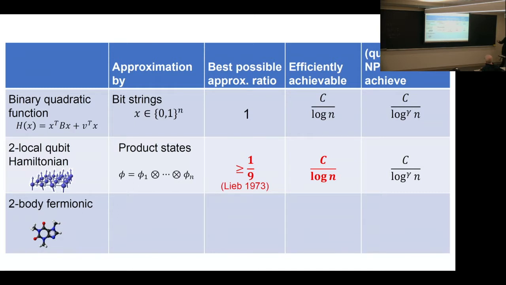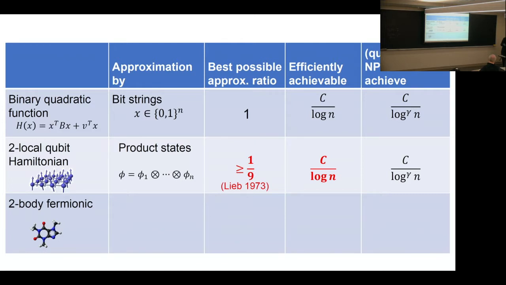Yeah. What's the best upper bound? Upper bound to this quantity? Are there Hamiltonians where the product state will never achieve more than some fraction? I'm guessing you don't know Hamiltonians where a product state won't achieve more than 1/9 of the energy. We know examples where it gets 1/2, where it gets 1/3. I think 1/3 is the best possible, but we think 1/3 is the way. Just on 2 qubits, you can define it.